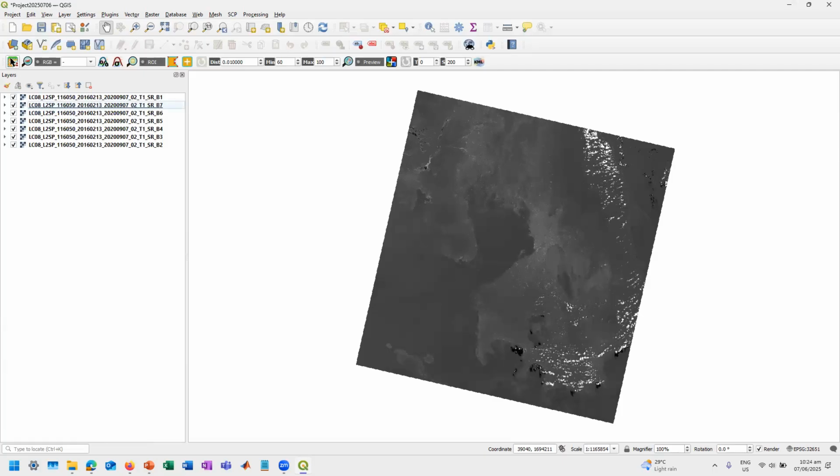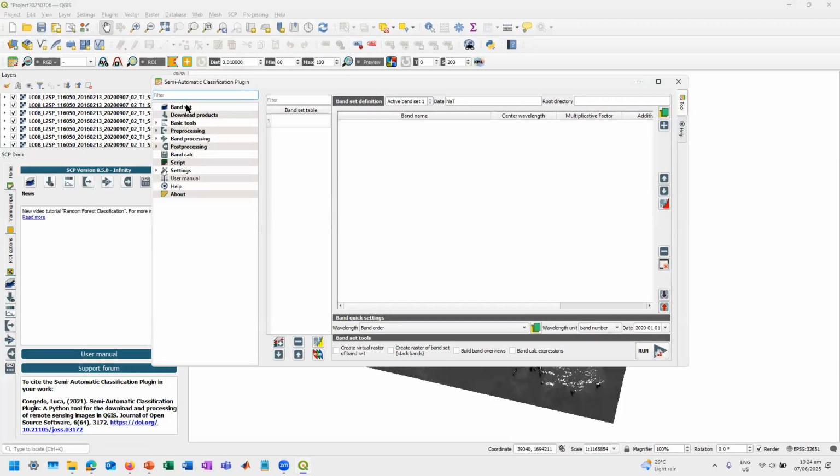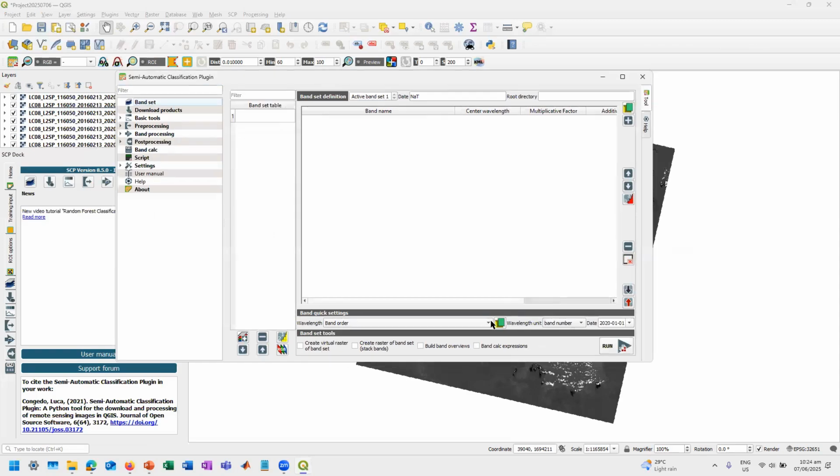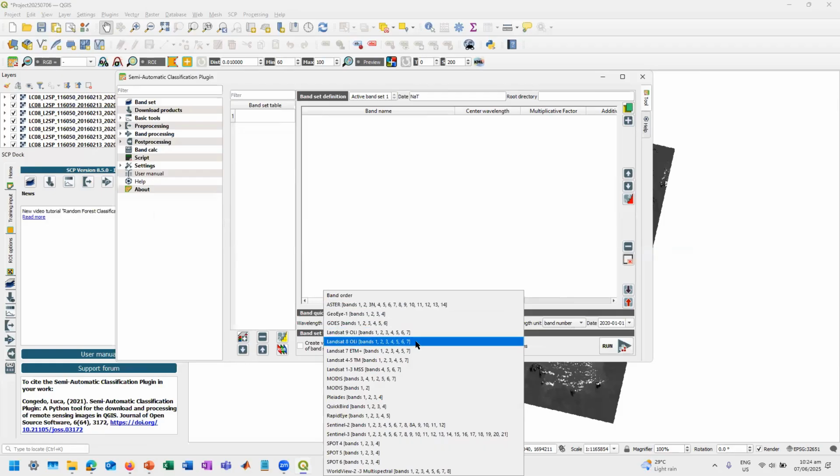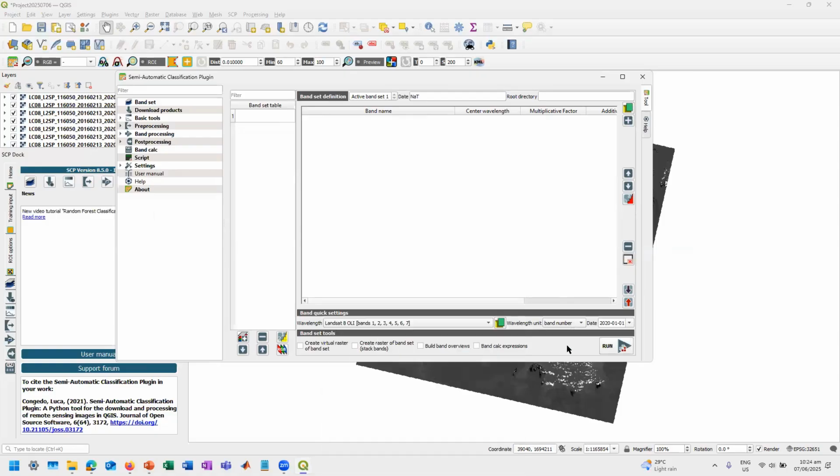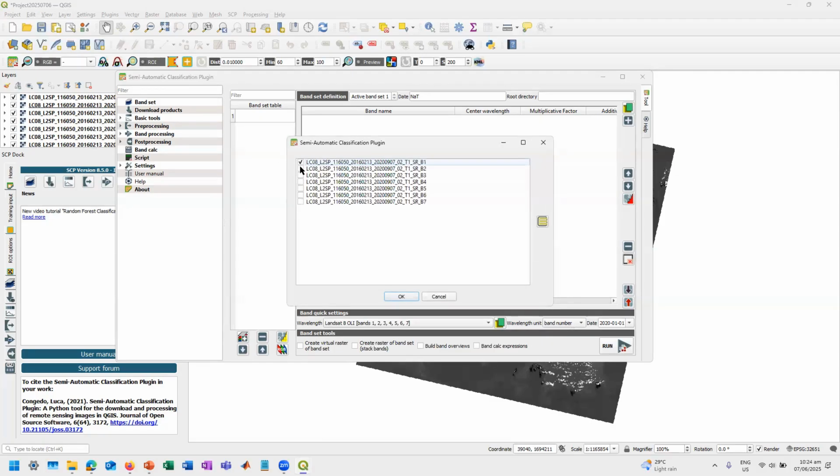Next is classification plugin. Ito tayo sa band sets. And then we're just going to click yung band order. So let's use Landsat 8 OLI, bands 1, 2, 3, 4, 5, 6, 7. Okay, then we add our bands.